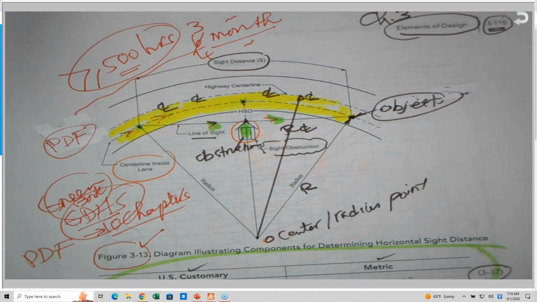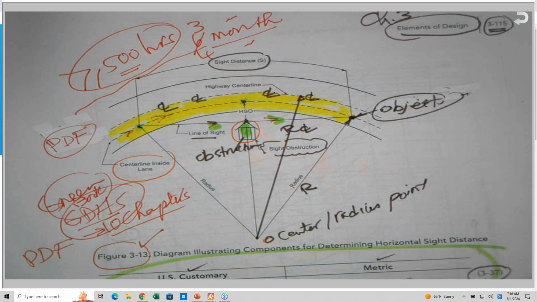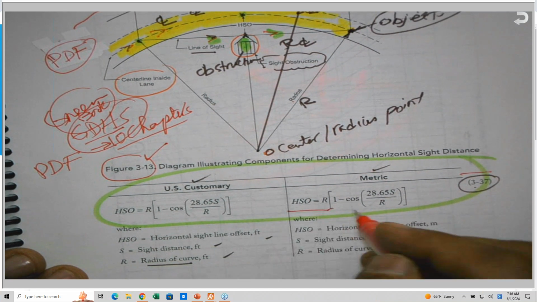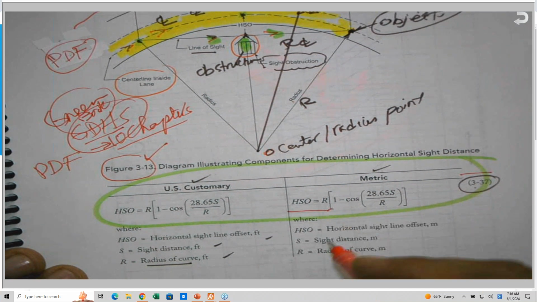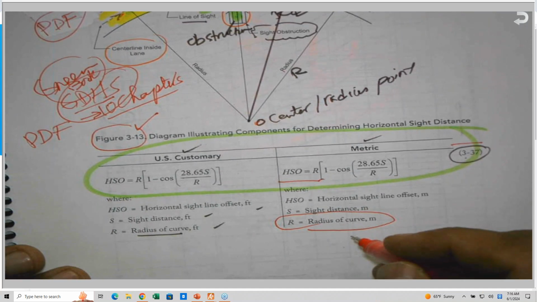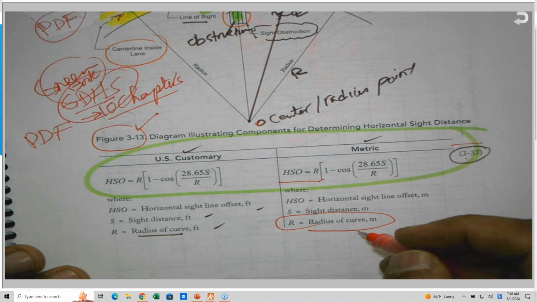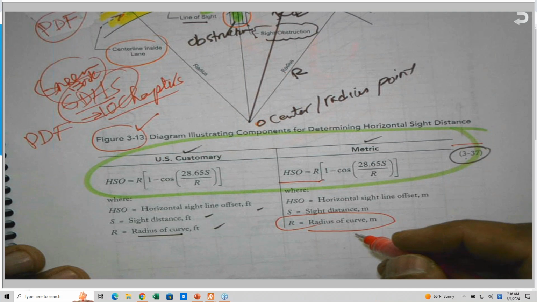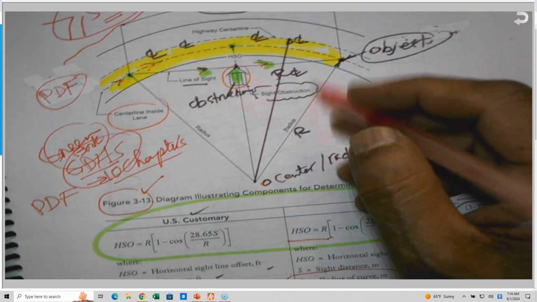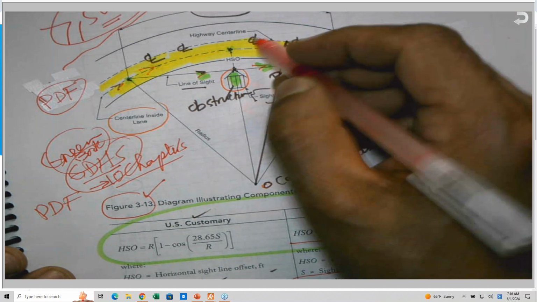And I need to go specifically to figure 13-3 if I'm going to use this figure, because immediately under this figure there is the equation, which is the HSO, the horizontal side offset, is equal to R, and this R, they say, is the radius of the curve. This is misleading. Let me avoid the word misleading. Inaccurate description, because if you look to this R here, according to this drawing, this is the center line of the